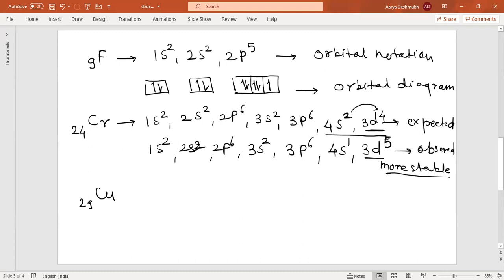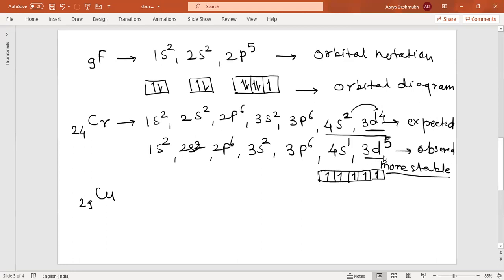Okay, this d subshell, as you all know, has got 5 orbitals. So this can be put this way: 1, 2, 3, 4, and 5. In this way, this will be half filled. Total capacity is 10, so there are 5 electrons. So that will be with the same spin. All the electrons accommodated here have the parallel spin. So those will be a more stable configuration. So to attain the stable configuration, this change is happening here.